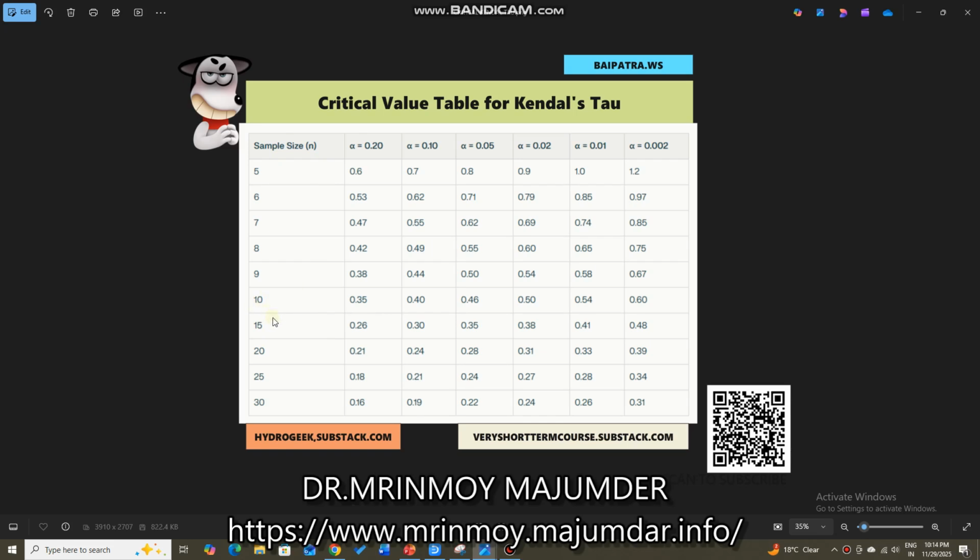And I want the critical value of Kendall's tau for a significance level of 5%, that is alpha equals 0.05. So for that, you see, for sample size 10, we have the value as 0.46. And for sample size 15, we have a value of